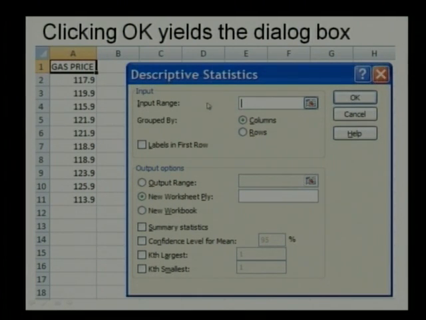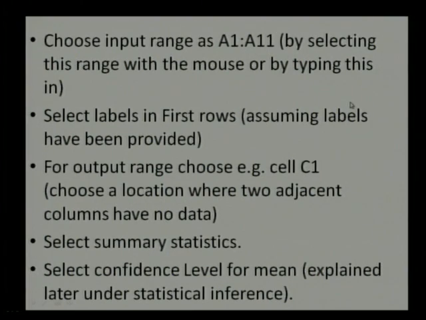Here we have to input the range of the data, meaning which data is to be inserted, either the first 5 observations or the entire 10 observations. This entire list is to be inputted, so the range of cell values should be inserted here, and grouped by columns, since this data is grouped in columns. Then we select the options for what kind of analysis you want to perform, and then when I click the OK button, what we find is the analysis.